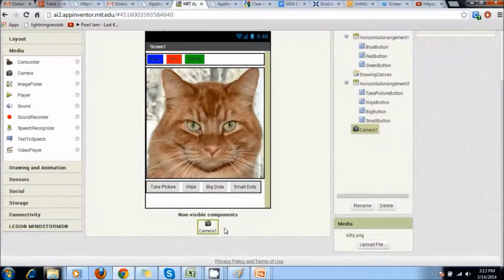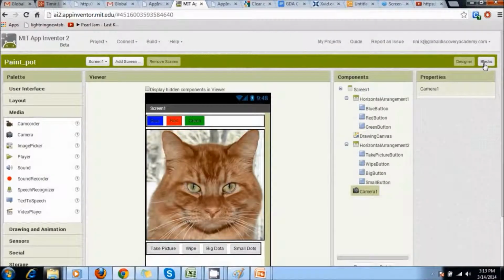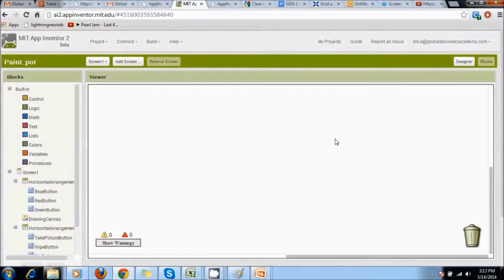So now we're creating a painting program, and basically App Inventor has done almost all the heavy lifting. All we need to do is drag and drop a few blocks for handling the user's touch and drags and so on. So now let's go to the blocks viewer. We are going to first add the touch event to draw a dot. As you remember, in the flow chart we said if the canvas is touched, we're going to draw a circle. So in the blocks editor, select the drawer for the drawing canvas.